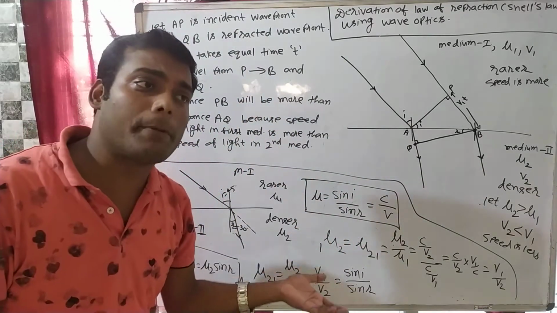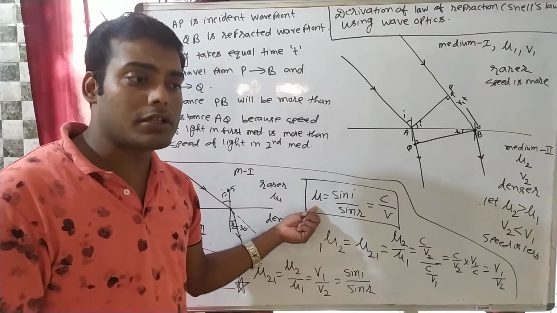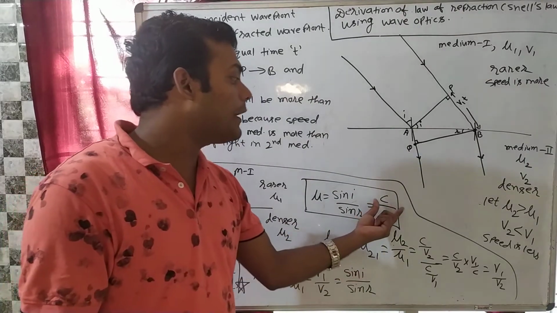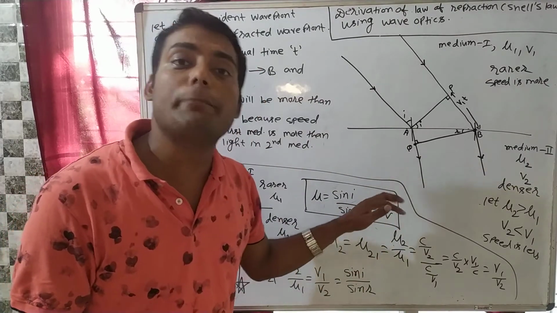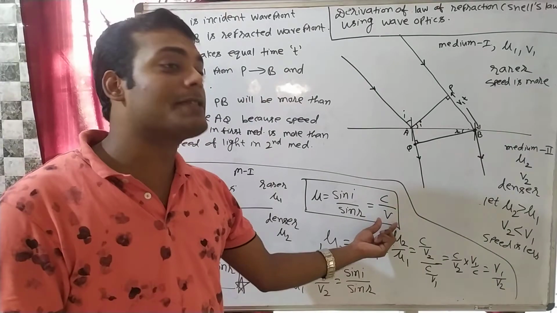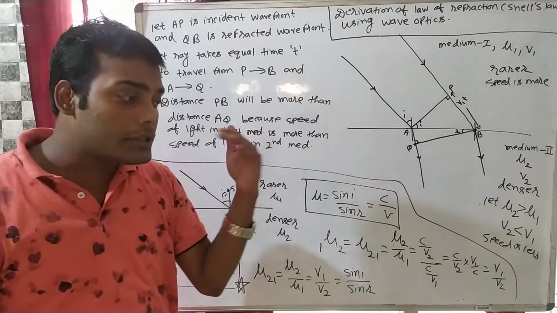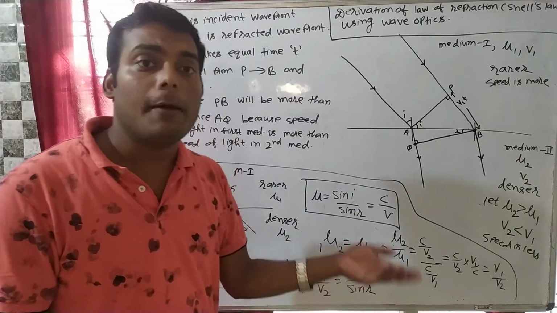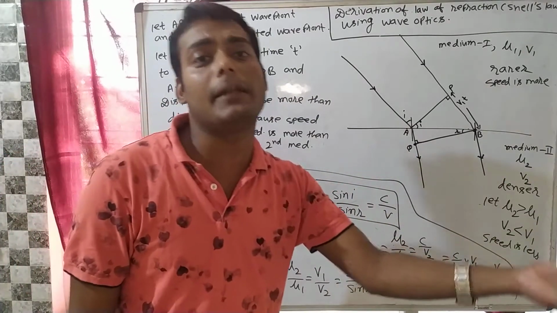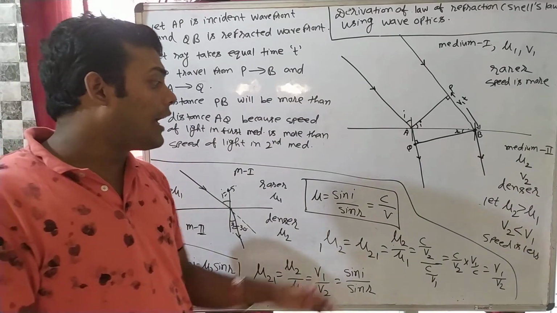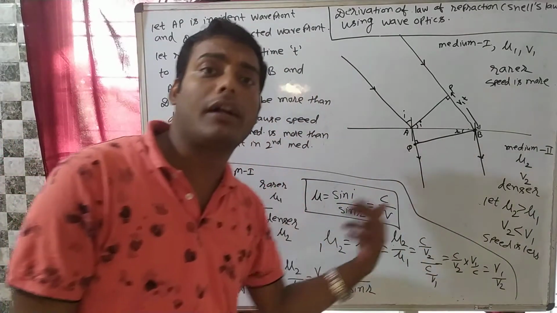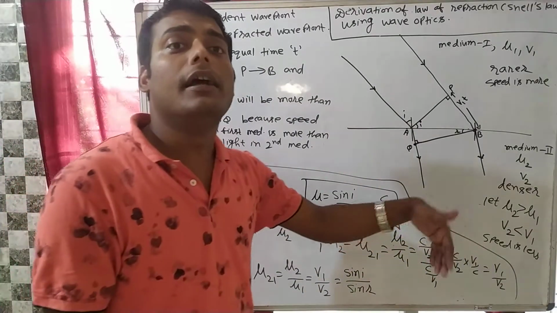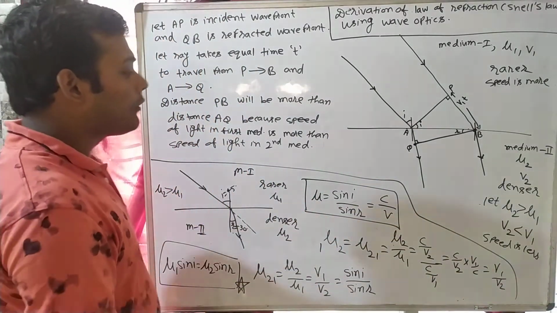There is another definition of refractive index also: it can be defined as c by v, where c means the speed of light in vacuum and v means the speed of light in the given medium. Because we know that when we change the medium, the speed of light will also change. For example, in glass the speed of light will be different than in water. If we take glass the speed of light will be something else, and if we take water it will be something else. That means if I change the medium, the speed of light will also change.